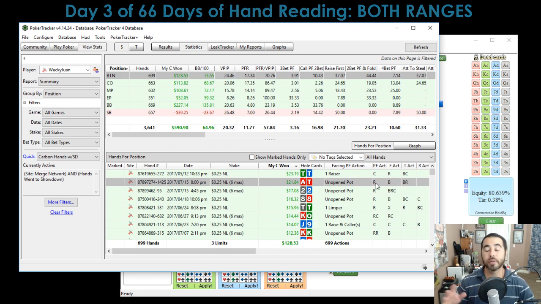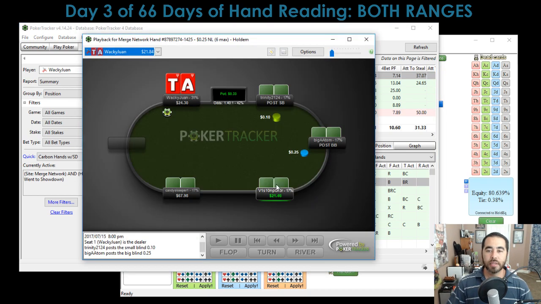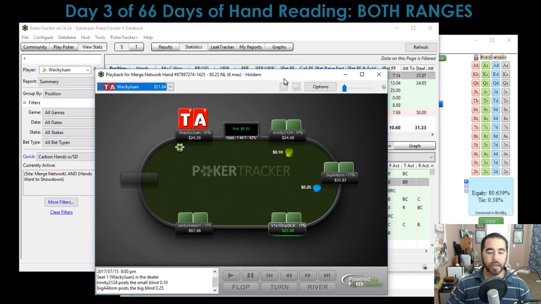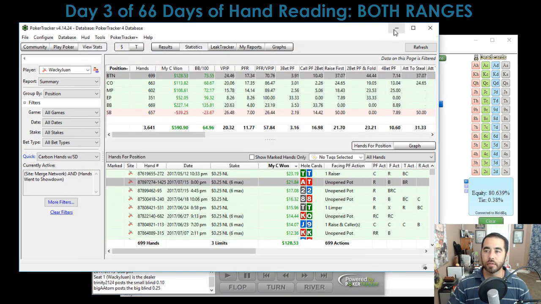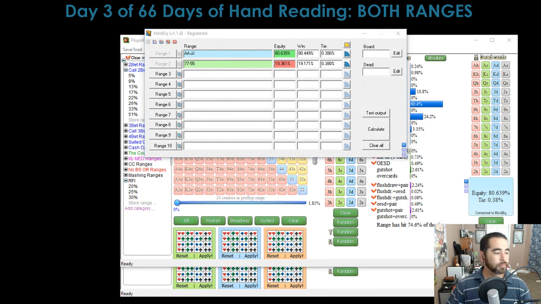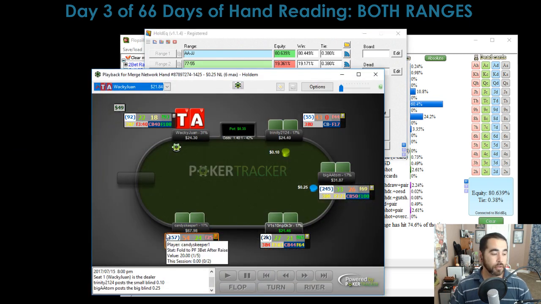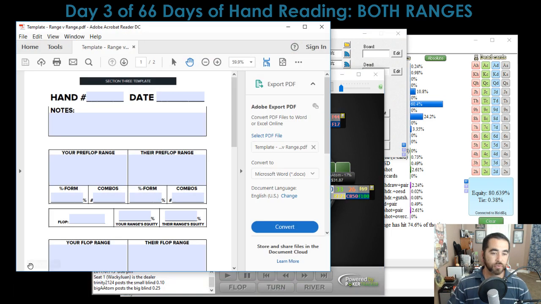Get some good action. Be able to narrow my range and my opponent's range based on the board and the actions that we take. So this will be the hand that we do. Got the hand up. The final thing that we need, and I use this for every single hand reading practice,